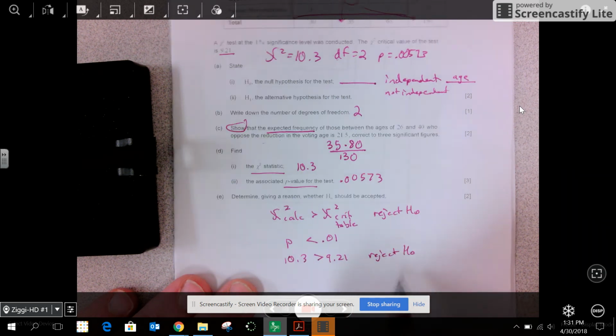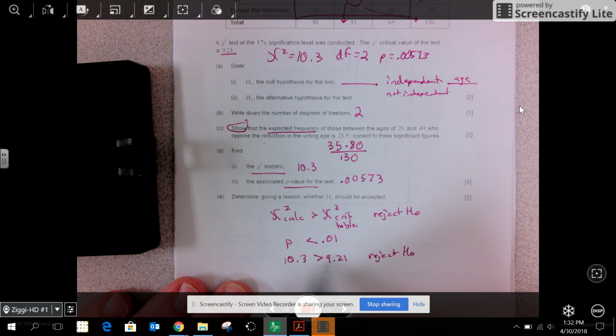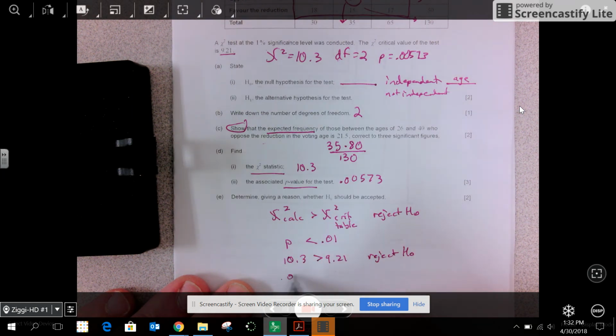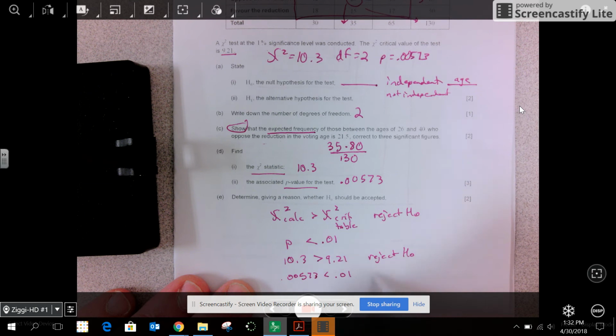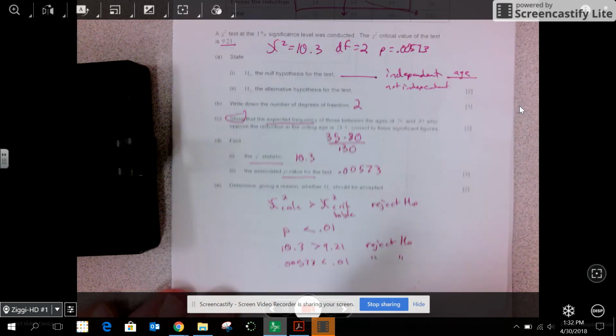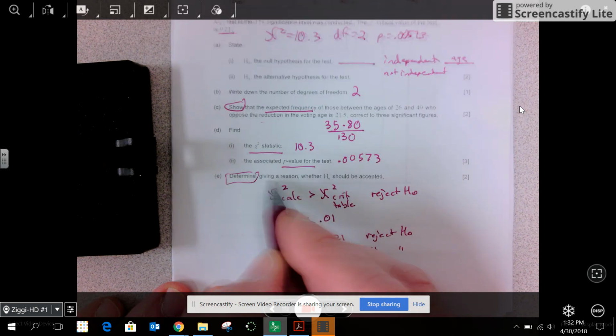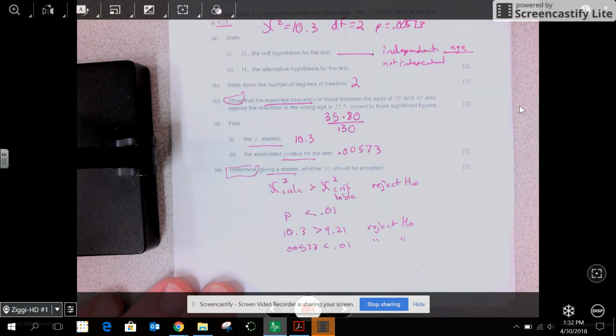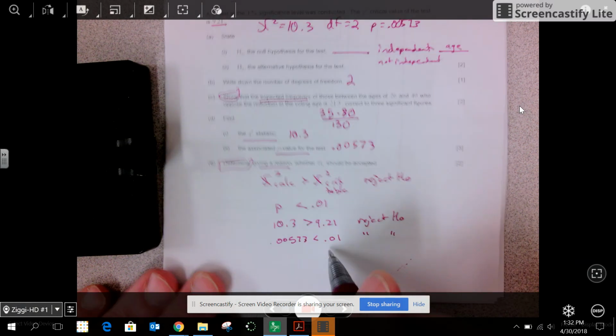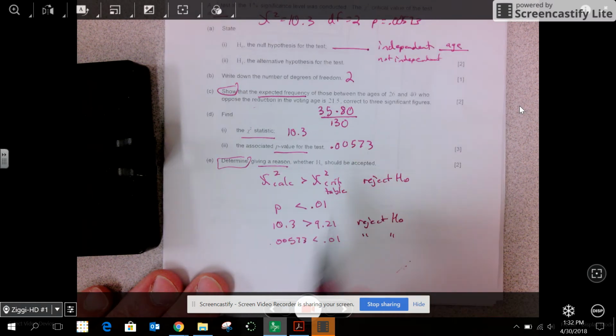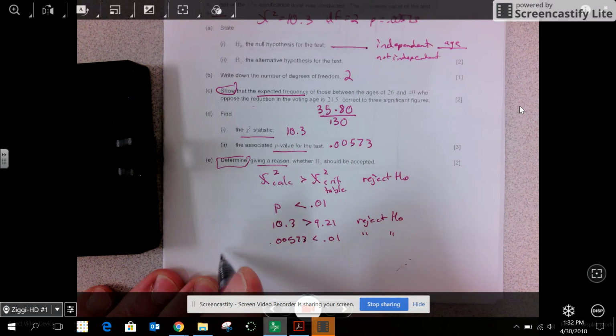We always assume that they're not related, but we check to see if they are. And the p is less than the significance level, so it supports our finding. So our final conclusion, determine giving a reason. So you could do either one. They ask you for chi-squared and p, let's do. So you would say